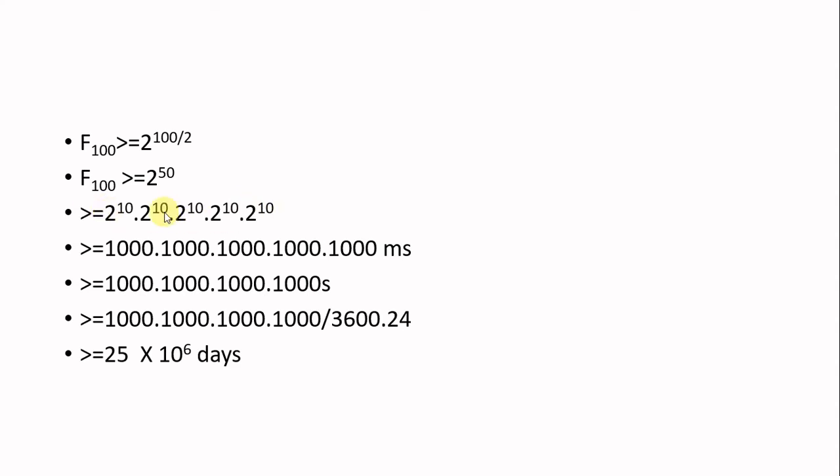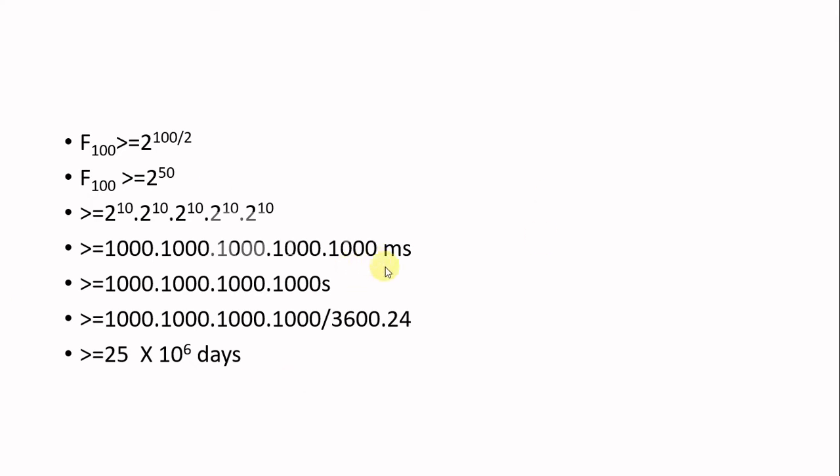We can approximate 2 power 10 as 1000. Okay, that is larger than 1000, but let us take it as 1000. So 1000 into 1000 into 1000 into 1000 into 1000 are there. And suppose for one recursive call 1 millisecond is taken. Surely it is less than that. Anyway, let us take 1 millisecond for one recursive call. So you have these many recursive calls.